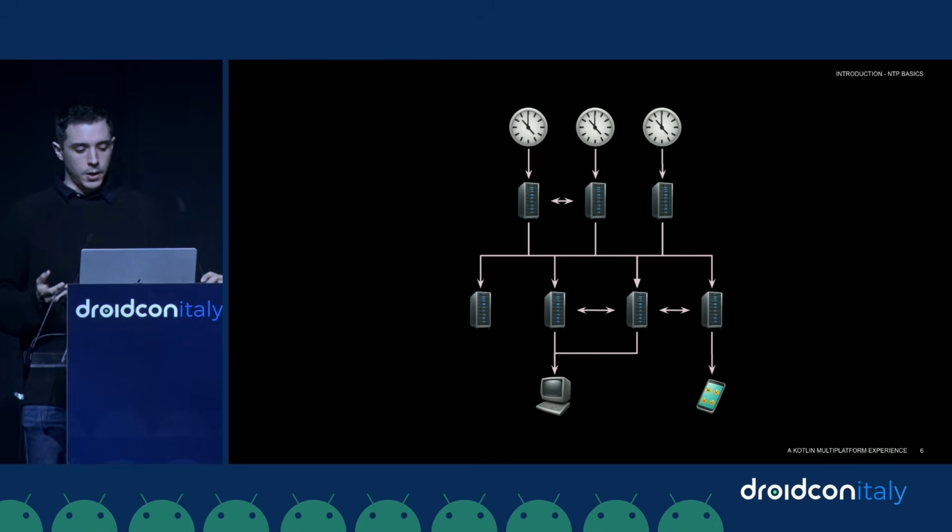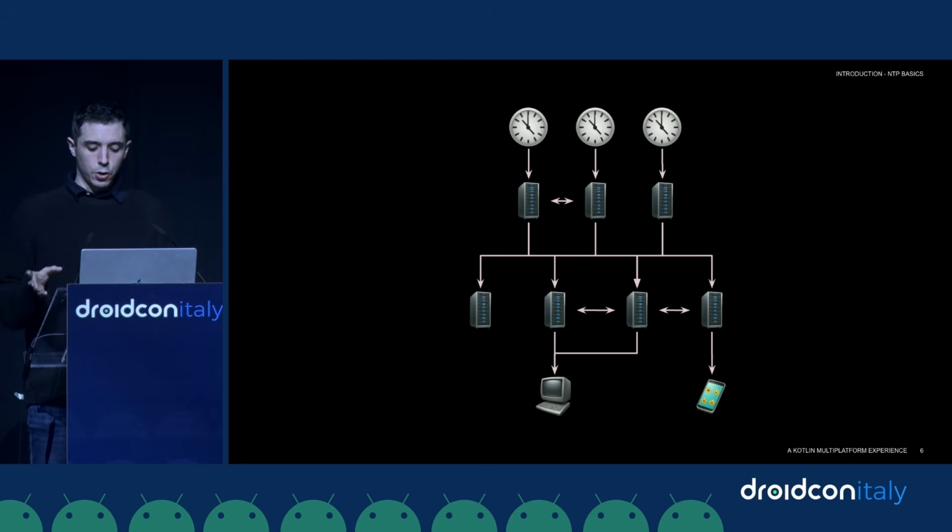SNTP, as in Simple Network Time Protocol, is a specification of NTP meant to allow for simpler implementations that do not require all of the functionalities and extreme accuracy supported by the complete protocol. Network time is an implementation of an SNTP client. Narrowing things down to what we need to know for today so we can finally get to talk about Kotlin Multiplatform,